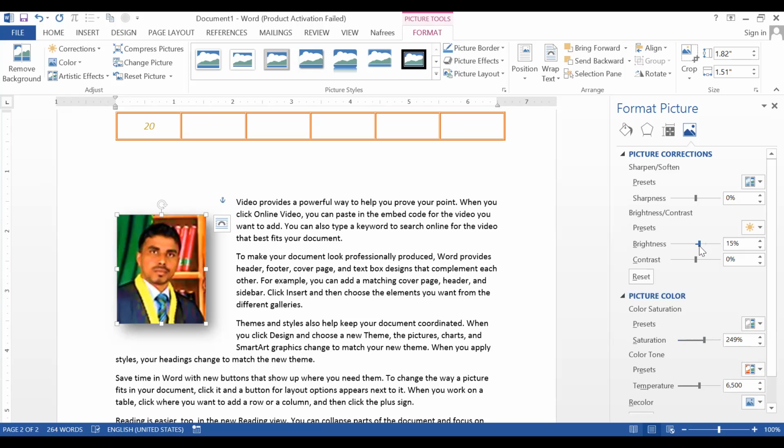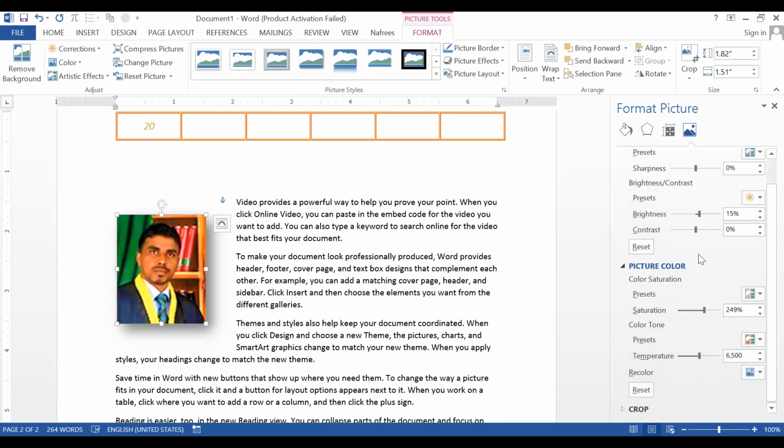So these things are also available in Photoshop, but Photoshop will give you significantly more perfect editing compared to MS Word editing. But this option here we can use if you don't have Photoshop, or if you don't know how to use Photoshop. This is something like we are working with our mobile phone. Even these options are available on our mobile phone also.